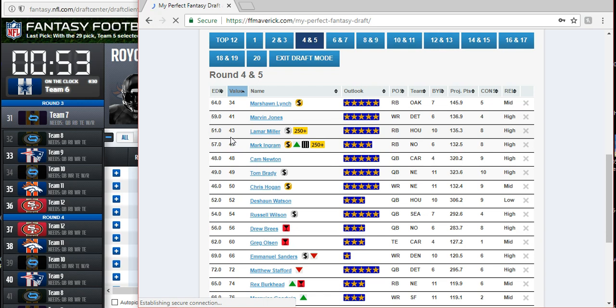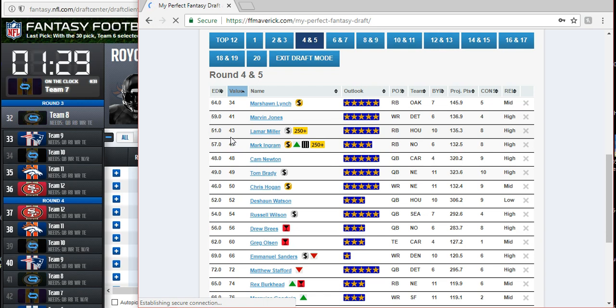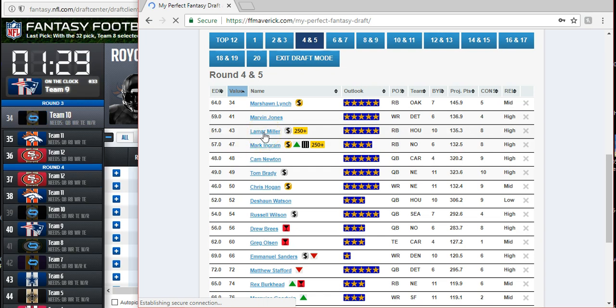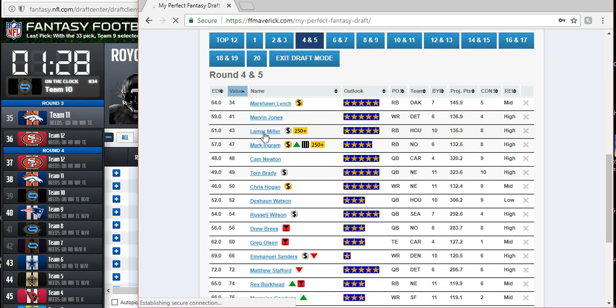D'Onta Foreman is the only other competition for that position, and I'm guessing D'Onta Foreman is going to open the season on PUP, and we're not going to see him until November at the very earliest. He is still recovering from that Achilles injury. I'm not worried about Lamar Miller being supplanted, and Lamar Miller was great when the quarterback, whose name I'm just